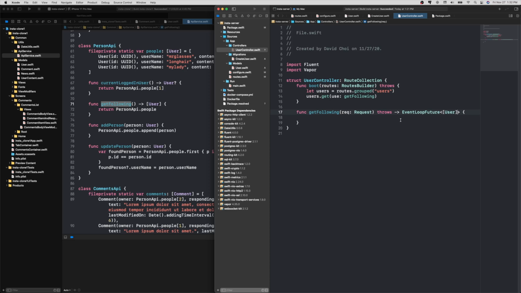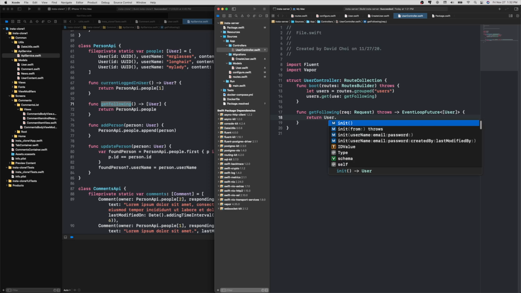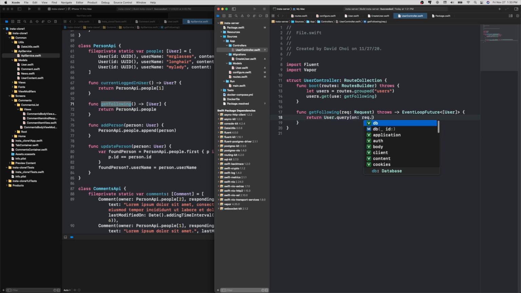That is somewhat indicated by the fact that this function throws, and all of these routing functions will throw. That just means that in the case of an error, or if the desired object happens to be null, then you're going to end up having to throw. And what that looks like is,